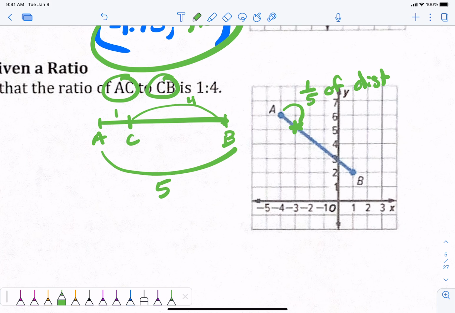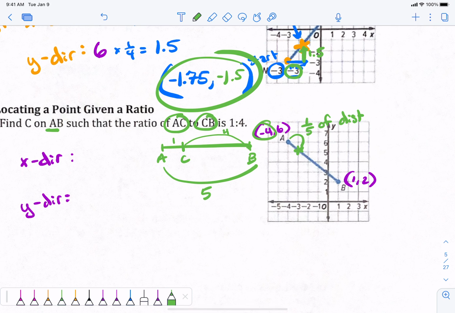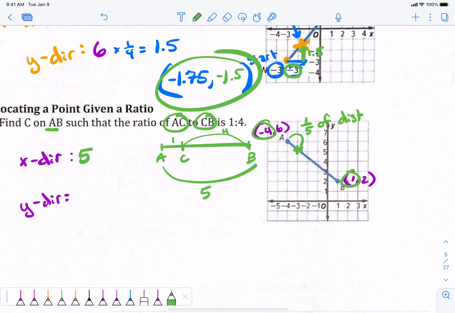So now we do the same thing again, right? The coordinates of A are not labeled, so let's label them -4, 6, okay? B is 1, 2, okay? All right, so let's do the X direction, and let's do the Y direction. So from A to B, how much have we gone in the X direction? From -4 to 1. 5, okay? How many have we gone in the Y direction? From 6 to 2. 4, okay? And